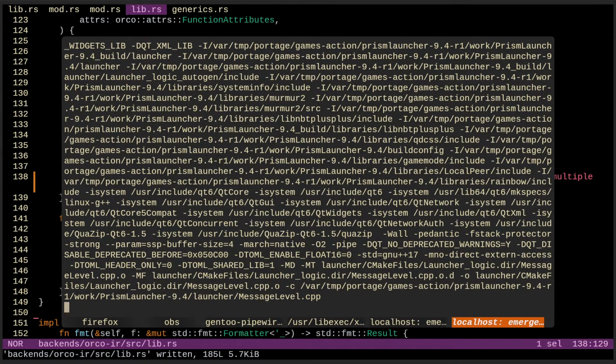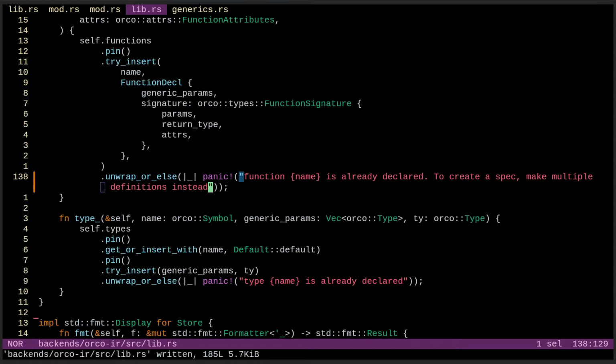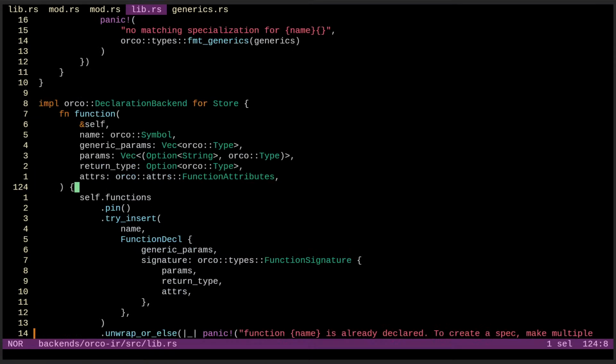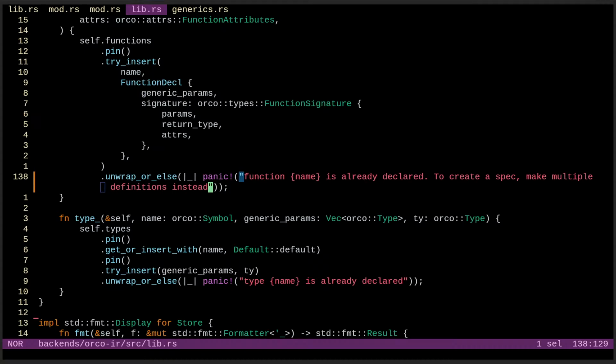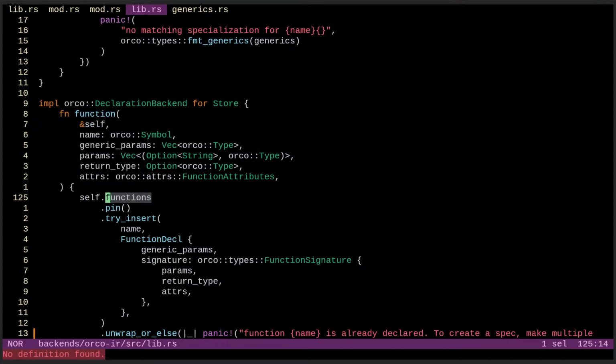I mean, I guess return type could technically depend on specs. So maybe I should actually do the map for function decls, you know.